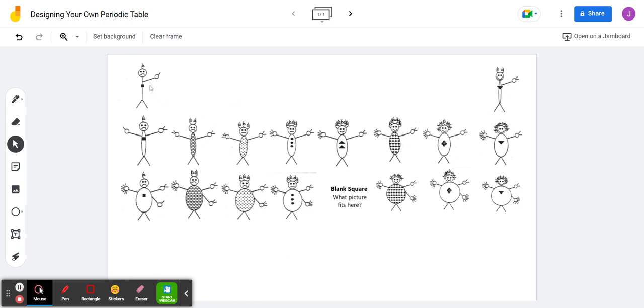They go from being skinniest at the top to being wider at the bottom, and that pattern holds true throughout. So with that, let's take a look at the blank square. If we know that the blank square belongs in the column with 5 hairs on the head, and again, your artistic ability is not what we're looking at,